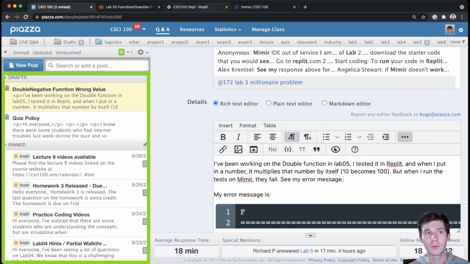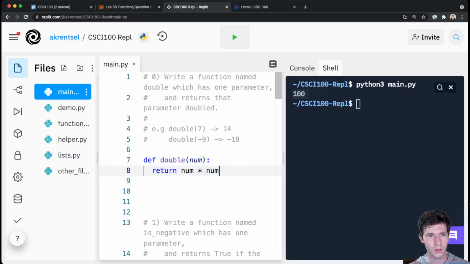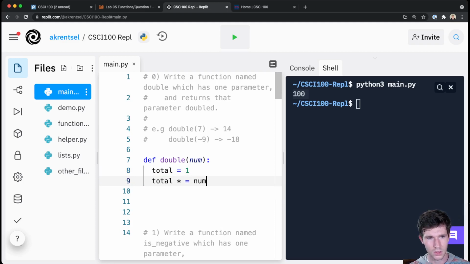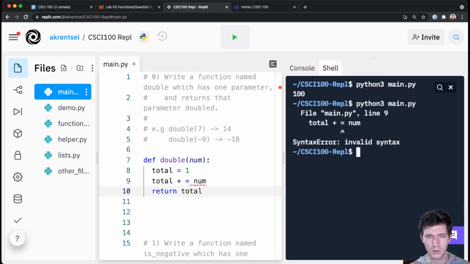Sometimes you actually have a problem in your code and you can't understand what's wrong. So sometimes you write some code, and a good example is like total equals 1, total plus equals num, return total. If I try running this, why does it say invalid syntax? I'm really confused. Well, the way you would want to ask, if you were to include this in your post,